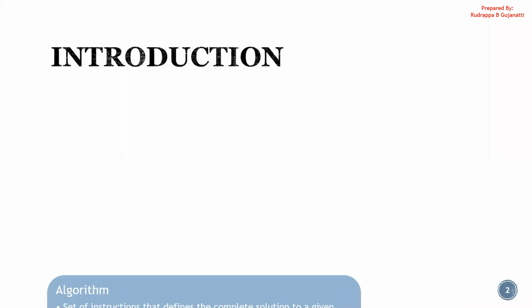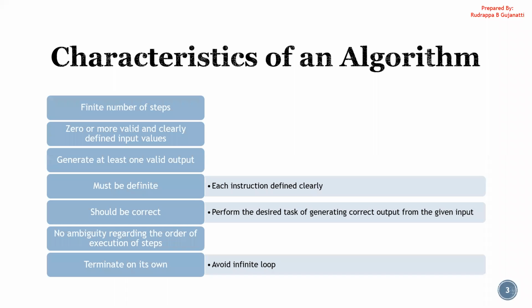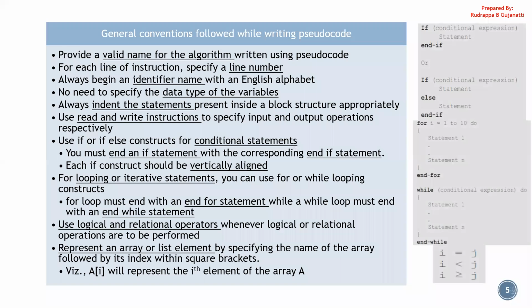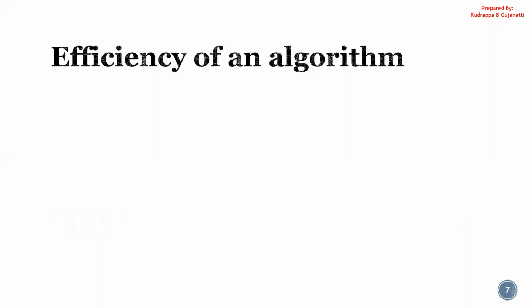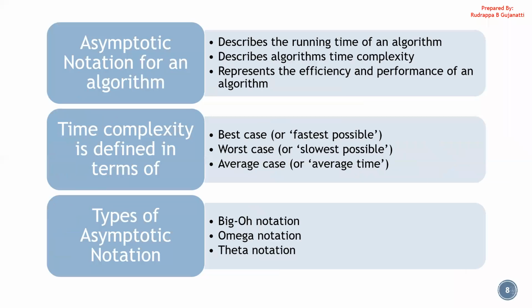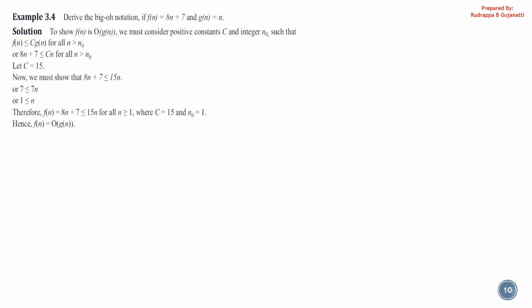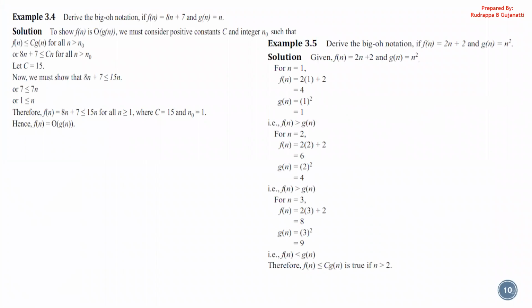So, in the previous session, we started off our discussion with respect to algorithms, and we looked into asymptotic notations of algorithms, in which we discussed what is meant by big O notation, omega notation, and theta notation. These are the discussions we had in the previous session, and we saw how we can go ahead with the identification of those notations for some of the problems.